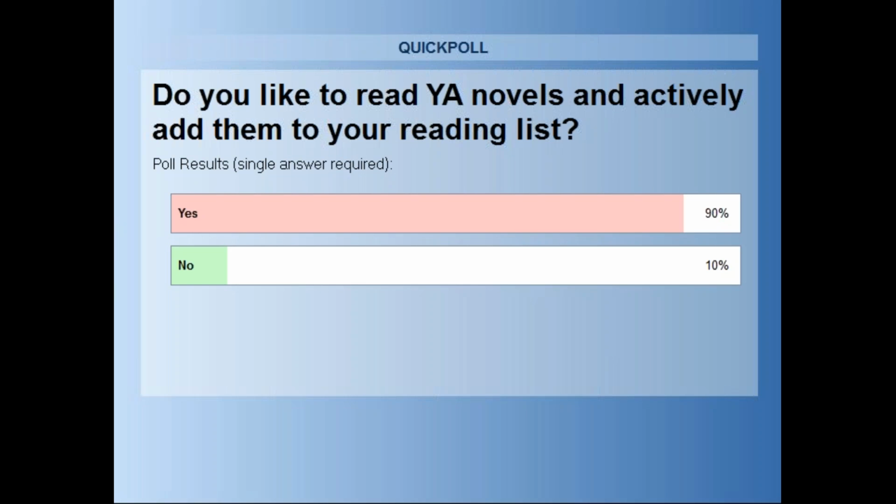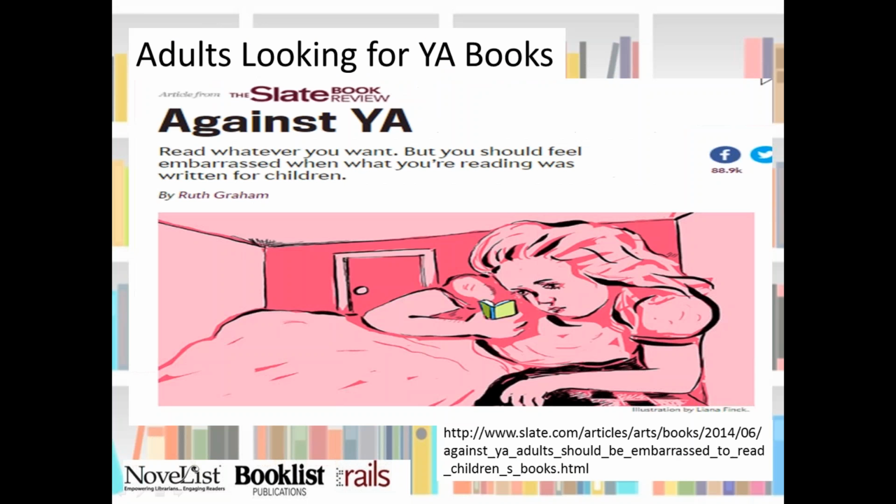Awesome. So the reason that I ask is because it's apparently controversial to do so. I think that's terrible. In 2014, I don't know if you guys remember this, the literary world erupted over the argument of whether or not adults should be reading young adult novels. Now, there was this particularly obnoxious Slate article that I've got the link to there that had all of us who follow Betty Rosenberg's first rule of reading, which is never apologize for your reading tastes,